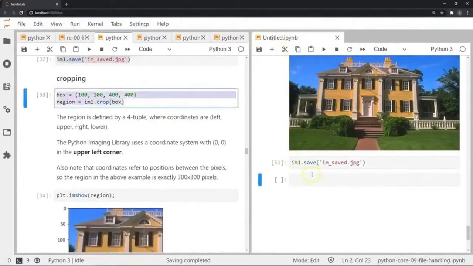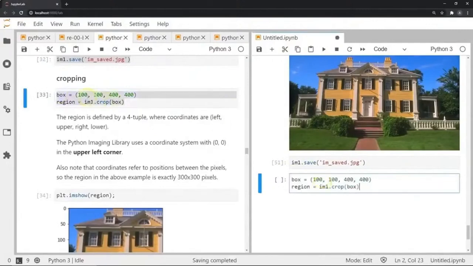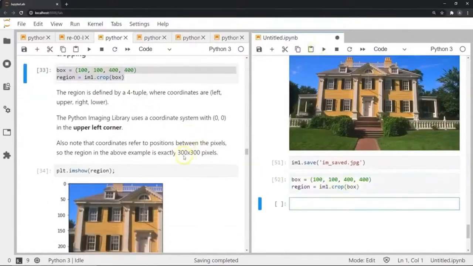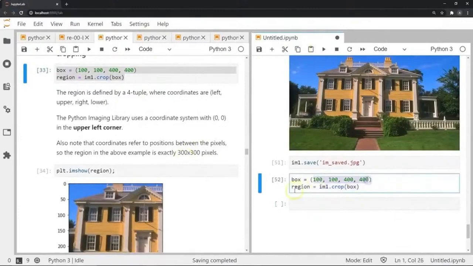Now, if I wanted to crop an image, I can do that as well. So I stored the dimensions that I want cropped in the form of a tuple, as you can see here. And I'm going to pass that tuple to the crop function, and I'm going to apply that on top of im1, and I'm going to store that to region. Once I've done that, as you can see, basically what I've done is I've cropped this image based on whatever I've passed here,